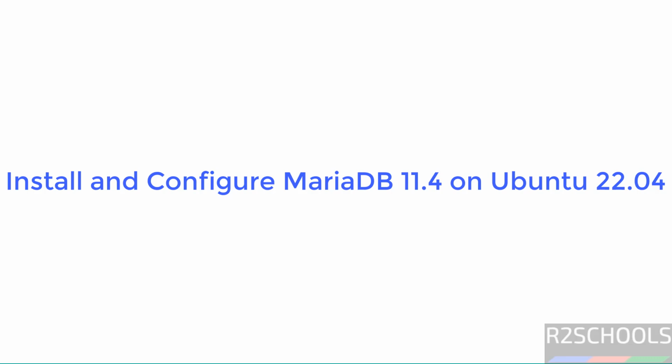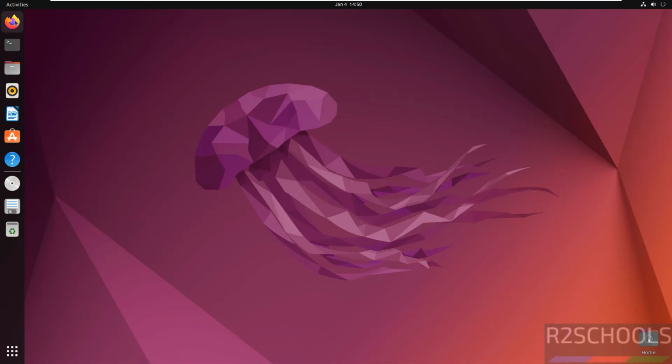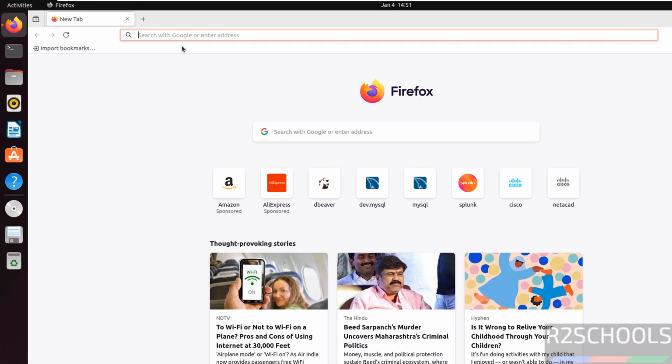Hello guys, in this video we will see how to install and configure MariaDB 11.4 on Ubuntu 22.04 LTS version. But the process is the same on all Ubuntu Linux operating systems. Okay, first open any web browser, then go to